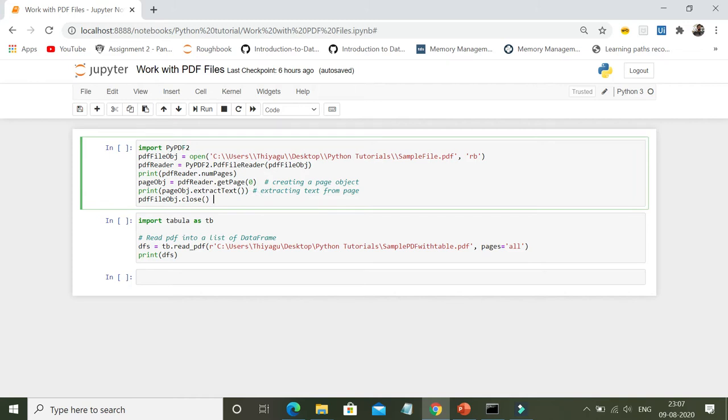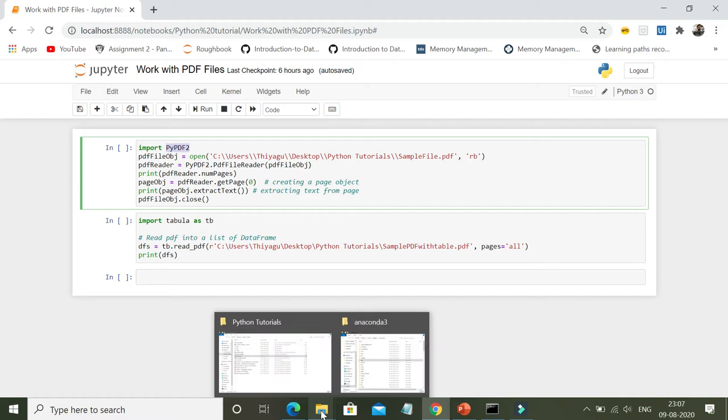As usual, importing the PyPDF2 package, and before importing, we want to make sure that we have the PyPDF2 module installed inside our Python folder.